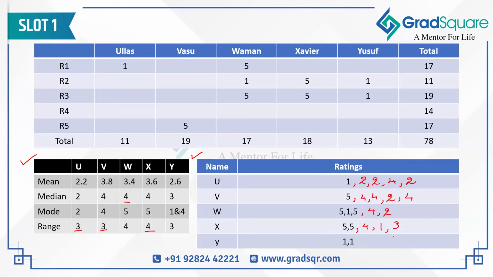And finally, for Yusuf, we have got the fact that he has got 2 1s. And we also know that Yusuf has got 2 modes, 1 and 4. So there have to be 2 restaurants which should have given him a rating of 4 as well, as we had discussed at the beginning of the set. So the last restaurant would have given him what rating? Again, we can figure that out through the sum. 4 plus 4 is 8, plus 1 is 9, plus 1 is 10. And the total for Yusuf is 13. So the last restaurant would have given him a rating of 3. So like this, we can find out the 5 numerical values of the ratings that each of the workers has gotten.